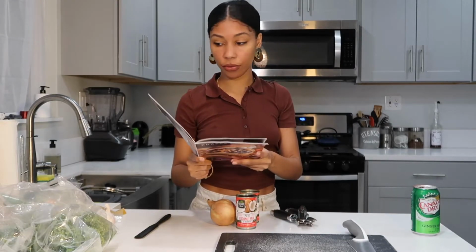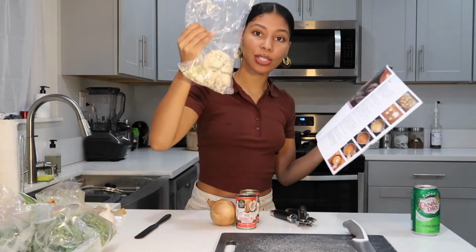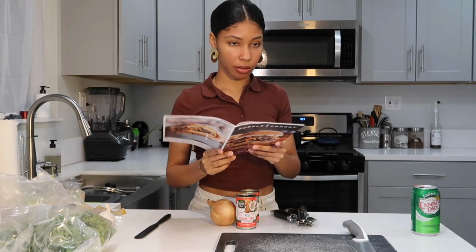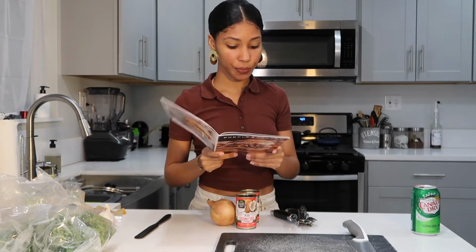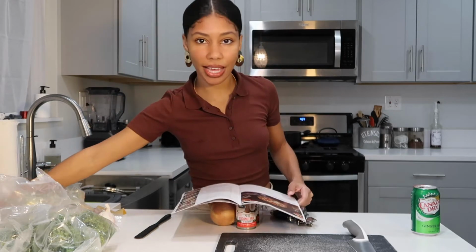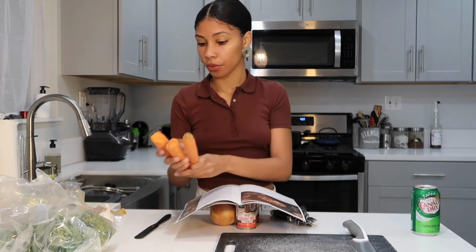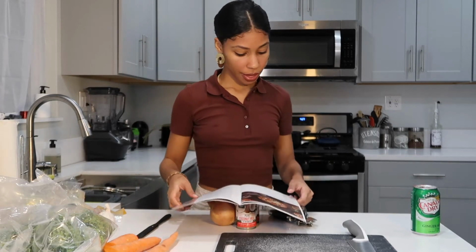Ooh. Okay, so for the ingredients, we have cauliflower florets. These look a little sus, but I'm gonna still use them because, again, that was sent to me last week. No, a few days ago. 2 carrots, which again, purple carrot, you disrespect me. How did this come broken? Like, this is broken, whatever. And then we got